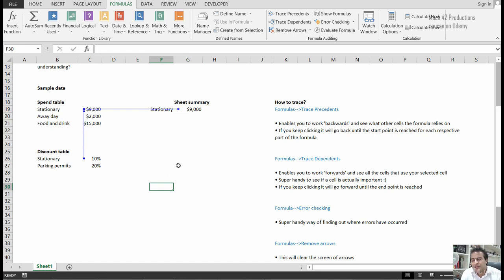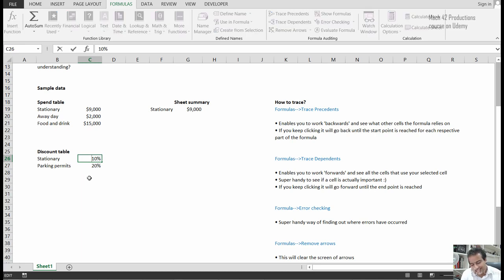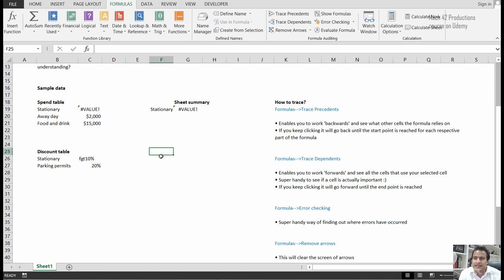We are now going to look at error checking, which is also super handy. So let's just remove the arrows. Now, what we're going to do is create an error and then use the error checking selection to basically figure out how to trace this error. So let's take our stationary cell and let's add some random text. Let's press enter. Now, as you can see, automatically our formula cells have updated themselves and they've changed themselves to